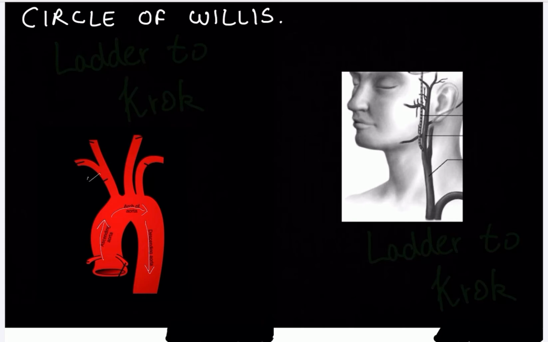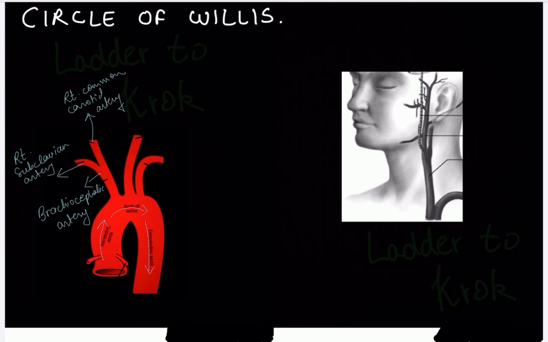So this branch is known as brachiocephalic artery. Okay, this brachiocephalic artery will further divide into right subclavian artery, right common carotid artery. Then you have one separate branch directly originating from the arc of aorta, that is left common carotid artery. This is the main artery which I wanted to explain you, and this is one left subclavian artery.